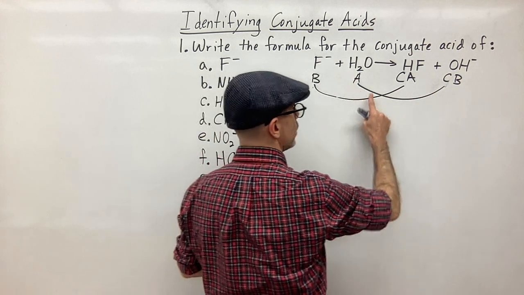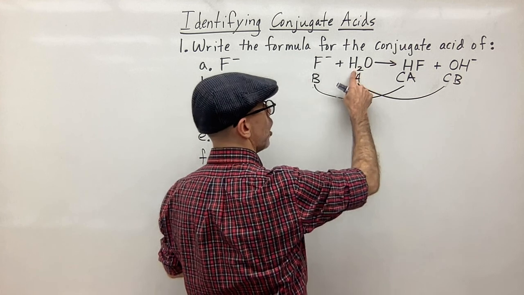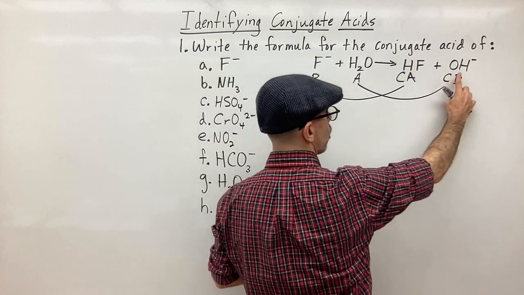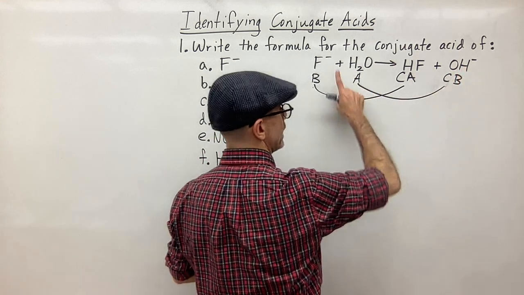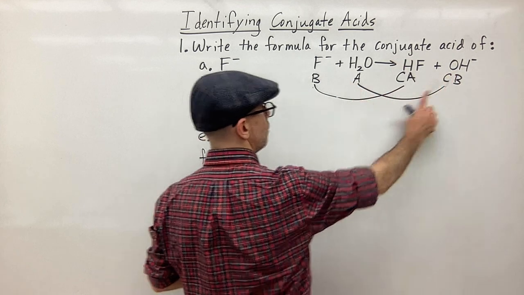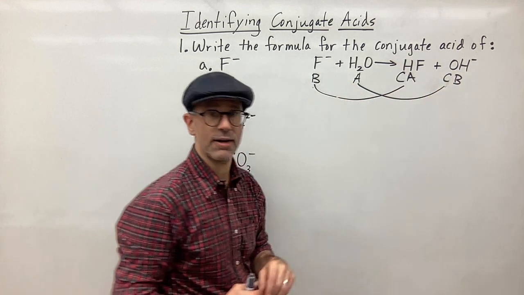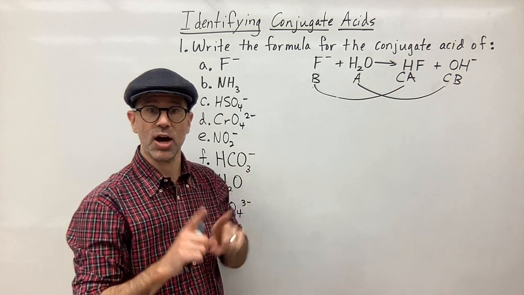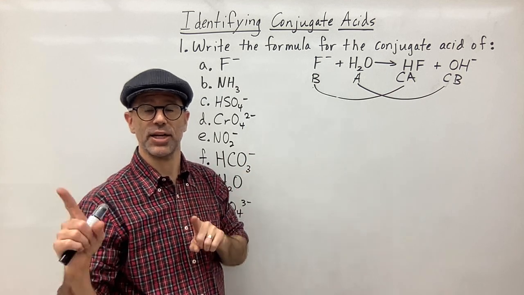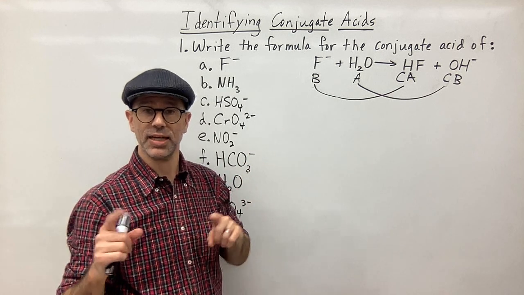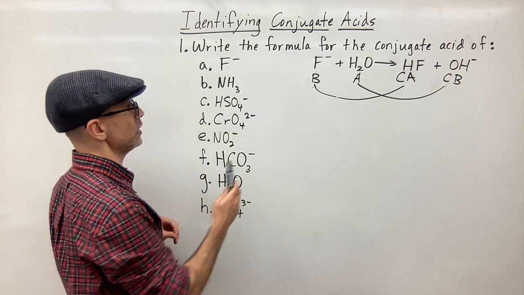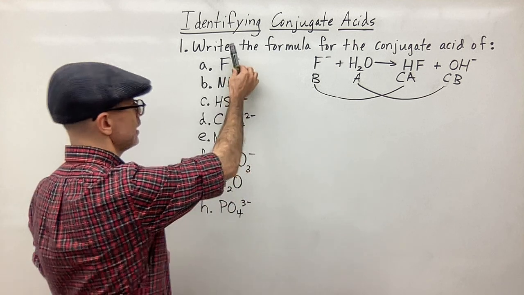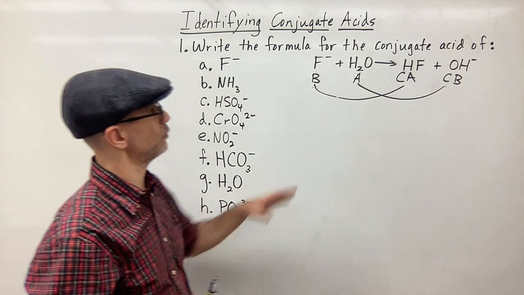If you go this way, you're transferring a hydrogen away from the water to form OH. Going this way, you transfer it back to the OH to get the water. So that is how you identify what the pairs are between the base and the conjugate acid, and the acid and its conjugate base. So you'll notice here that if we're given these substances and they're asking for the conjugate